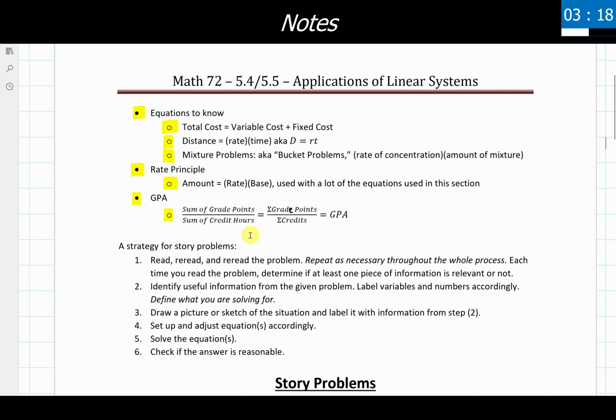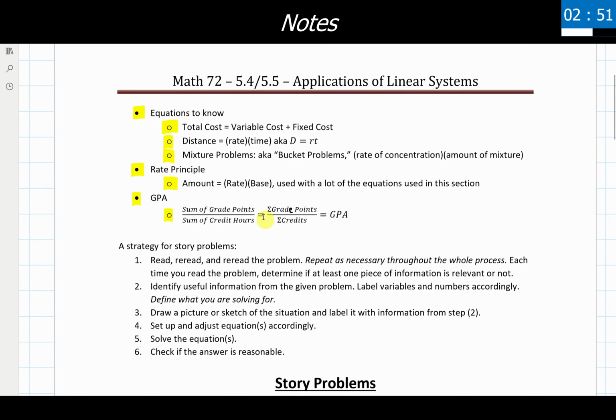So a way of solving for the GPA is we are going to have the sum of the grade points. That's using the grade that was received and the weight of that specific class, a 1 credit class, 5 credit class, 10 credit class, etc. And then we're going to divide that by the total number of credit hours. I have this many 5 credit classes, this many 3 credit classes, and so on, all adding up.